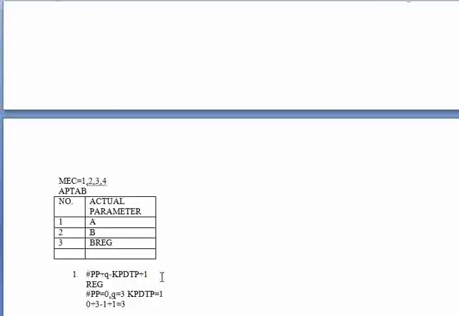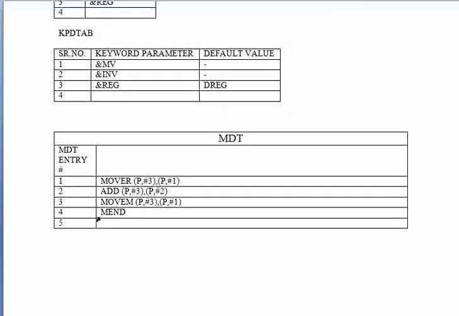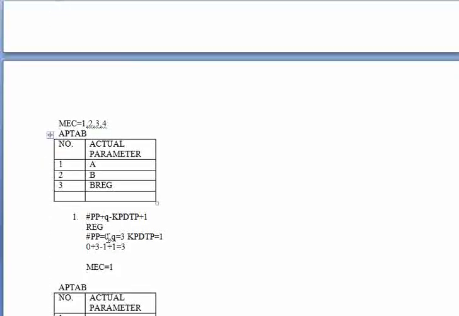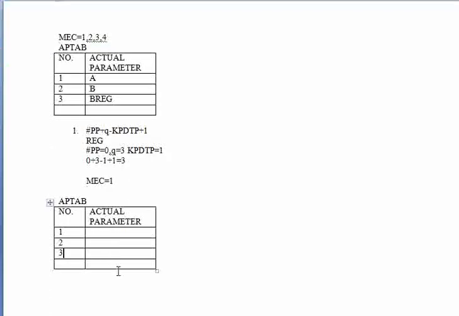What is this Q? Q happens to be the index value in KP tab for register, which is 3. So Q will be 3. KPDPT is 1. So when I substitute in this formula, the value is becoming 3. So at third position in AP tab, I'm supposed to enter this default value.